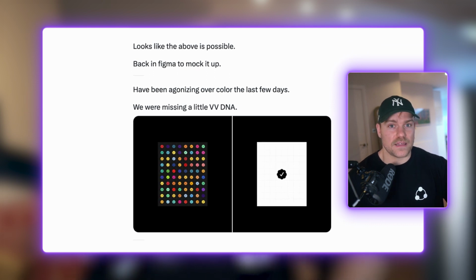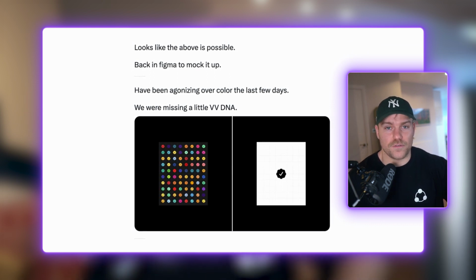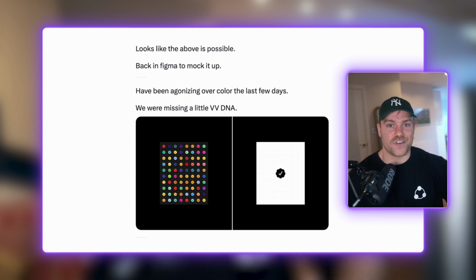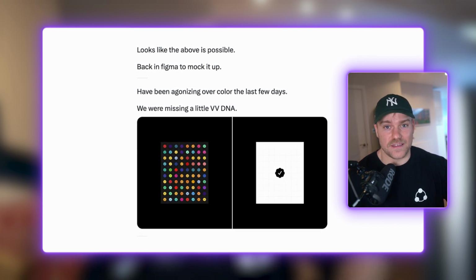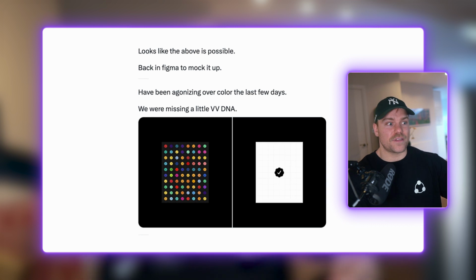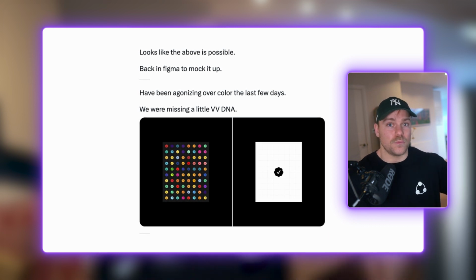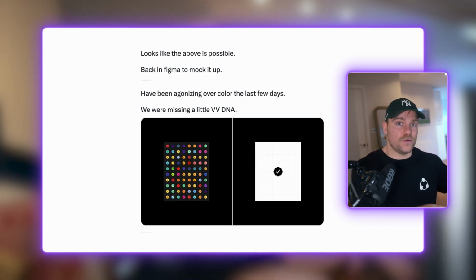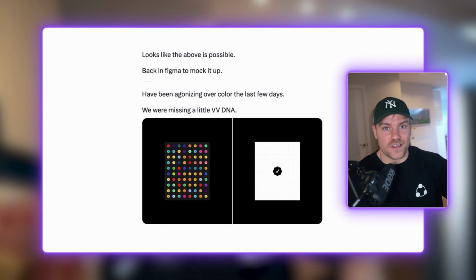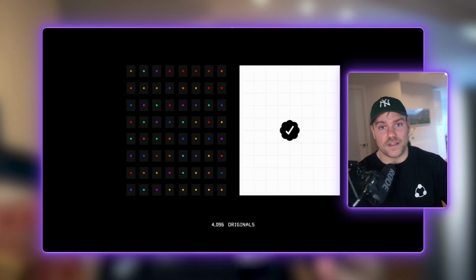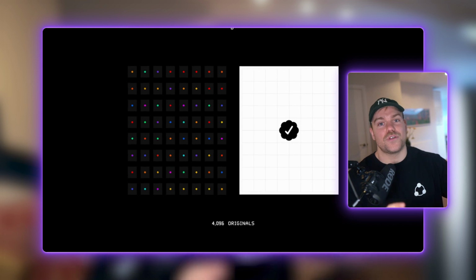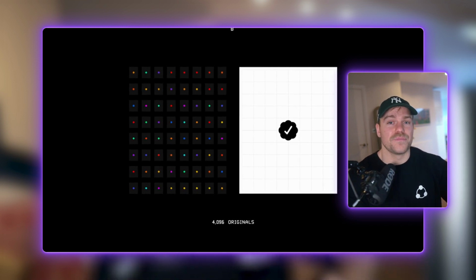For 3 days, he was just obsessing over the colors of these check marks. Like, this really just shows how committed he is to these projects, and also worrying how it's going to fit into the Visualized Value brand again, because that's obviously all monochrome, and now he's got these colors in, and he actually implemented a final kind of boss check, which is what happens if you combine them all together, which is the identity of the Visualized Value brand.